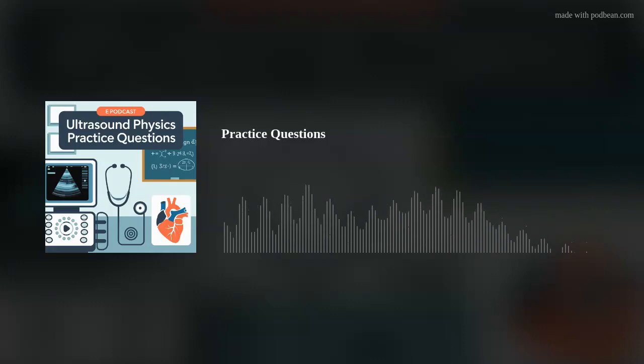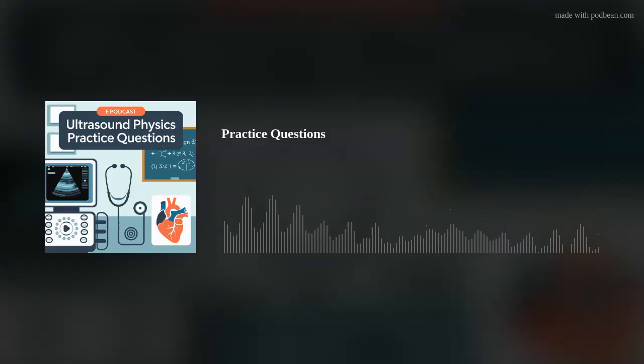Frequency and wavelength are inversely proportional. That means when one goes up, the other one goes down. Think of it like a seesaw. When one side goes up, the other side has to go down. So if the speed of sound in a particular tissue is constant, a higher frequency wave would have a shorter